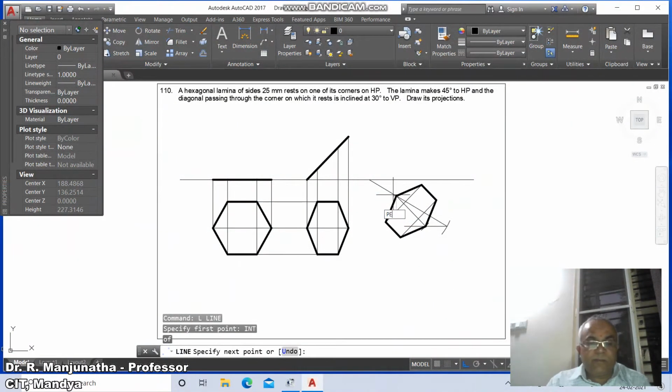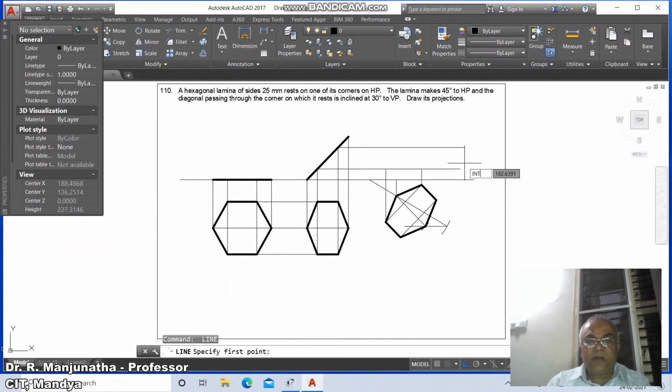then go to line, take the intersection point of this and draw a horizontal line, take the intersection point of this to perpendicular to this, and go to line, take the intersection point of this and perpendicular to this, and go to line, take the intersection of this and draw a horizontal line, and take the intersection of this and draw perpendicular to this, and